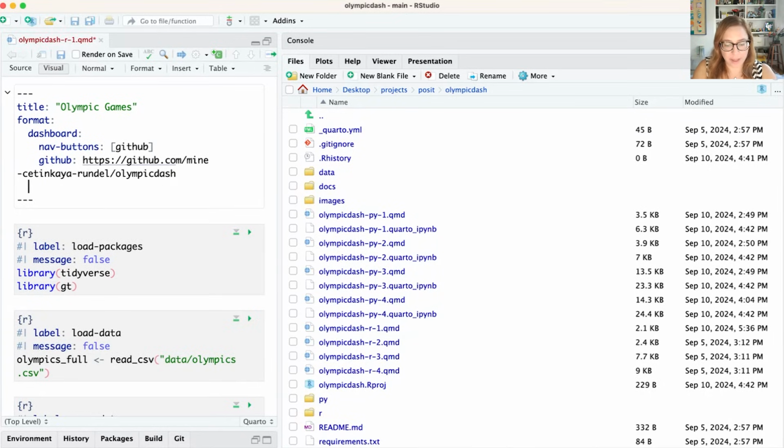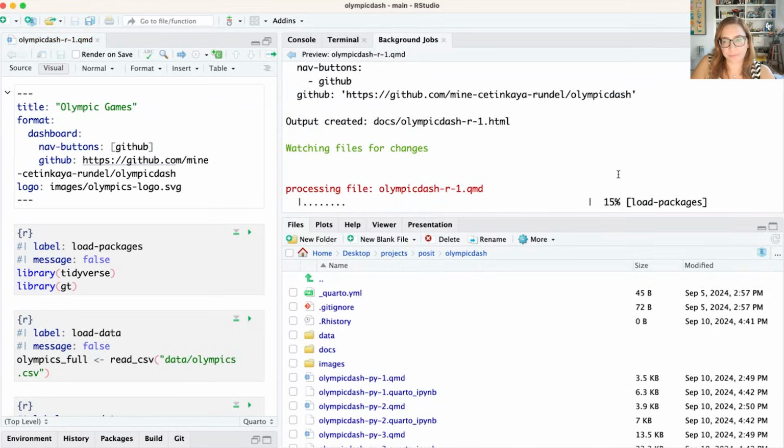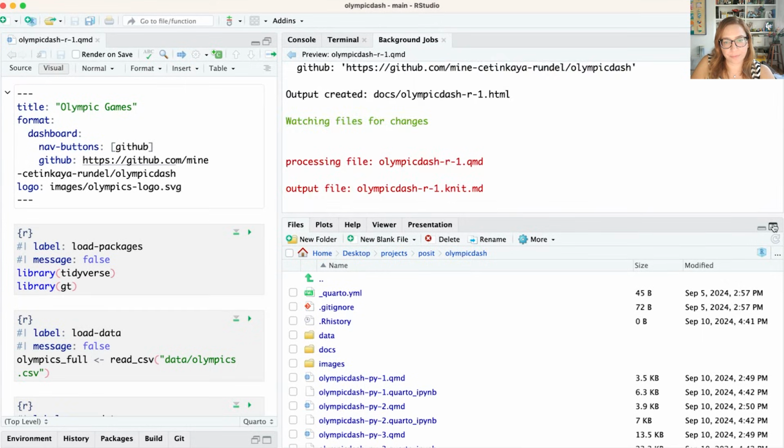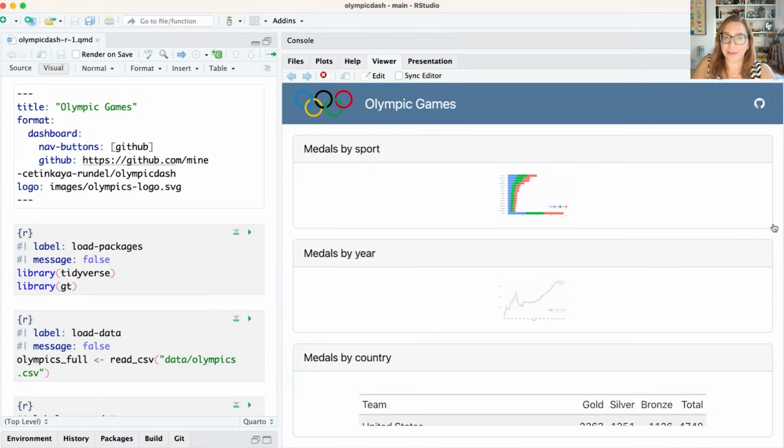So I will add logo. This is in images, and the name was Olympics-logo.svg. And there we go.